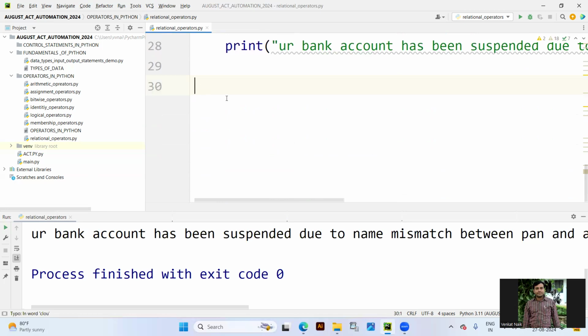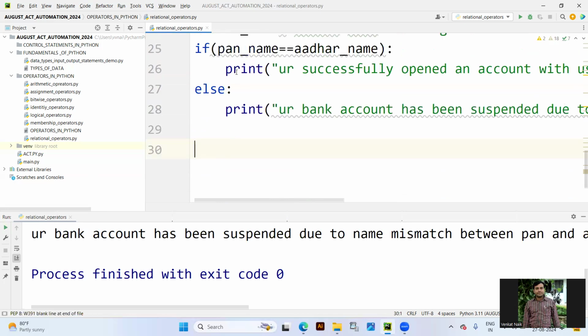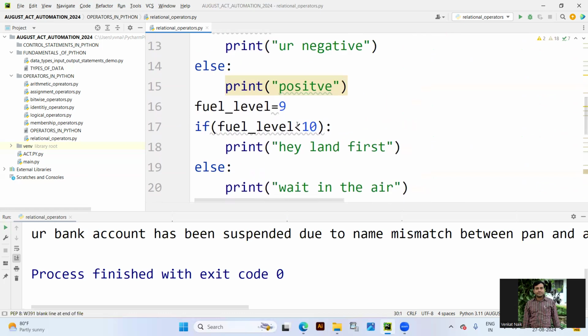Let's suppose I'll take another example where we are supposed to use greater than. Let's suppose here only we can use it. If the fuel level is greater than 9, greater than 10,